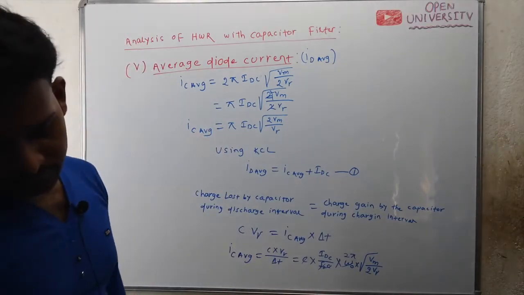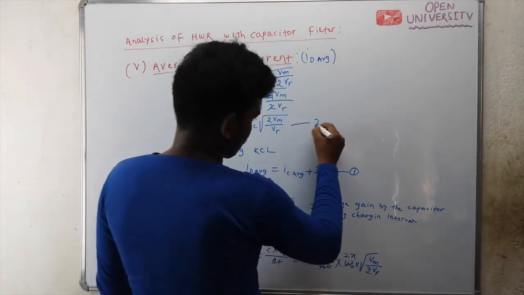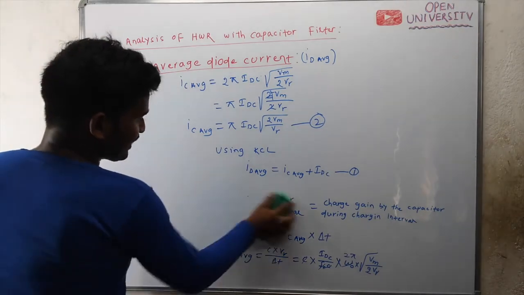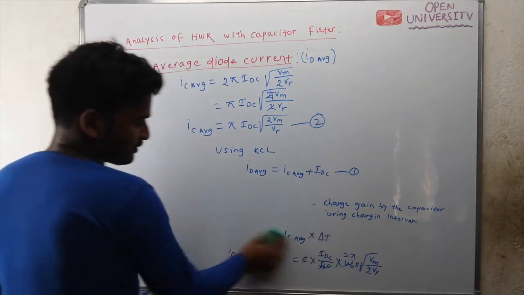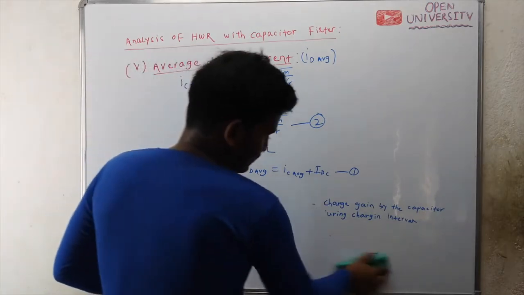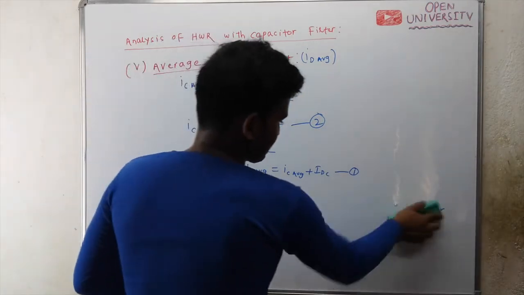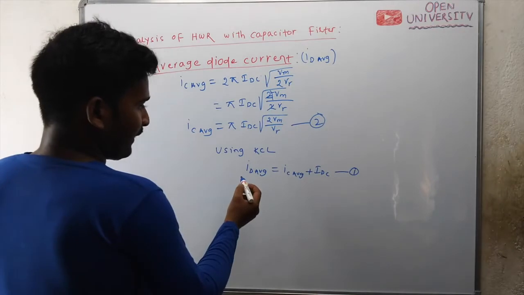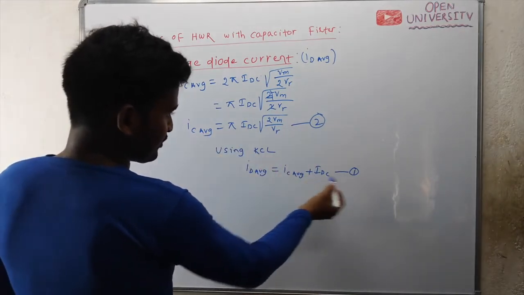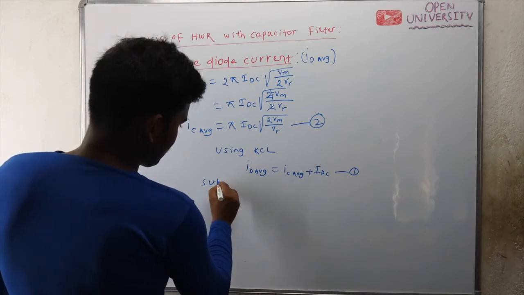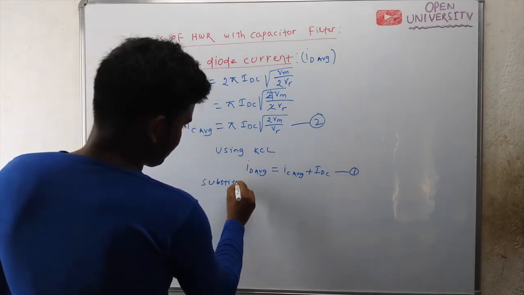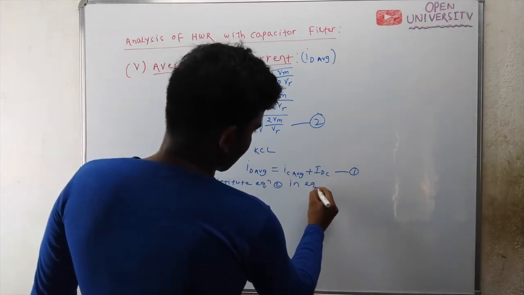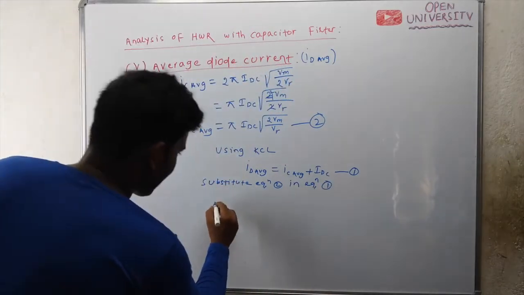Let it be equation 2. My interest is to find out ID average, the current through the diode, which is IC average plus IDC. Now if you substitute this IC average, that is equation 2, in equation 1, then your ID average equal to